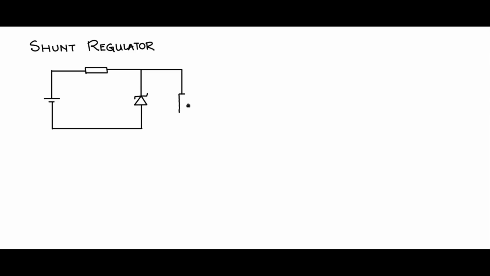Let us now discuss the shunt regulator circuit. So let us draw the input unregulated voltage Vi. It contains a series component here and a shunt component here. It's a Zener diode and the load. So this is the structure of a shunt regulator. The hero of this is this Zener diode.